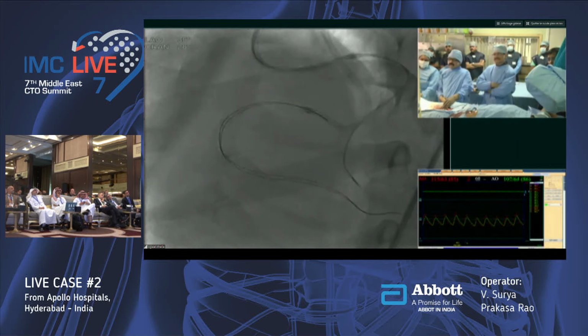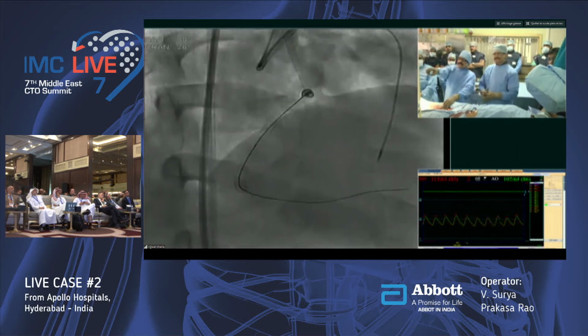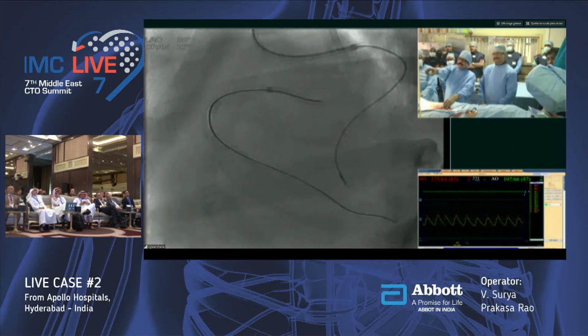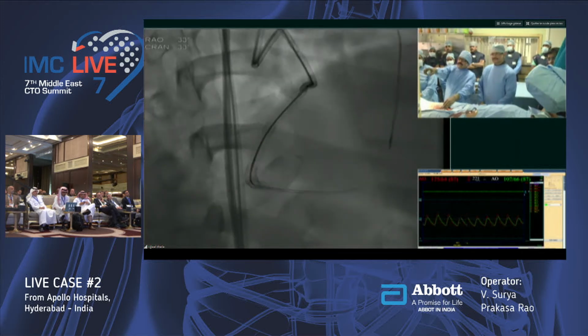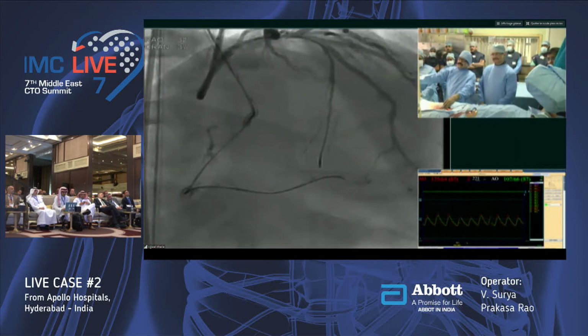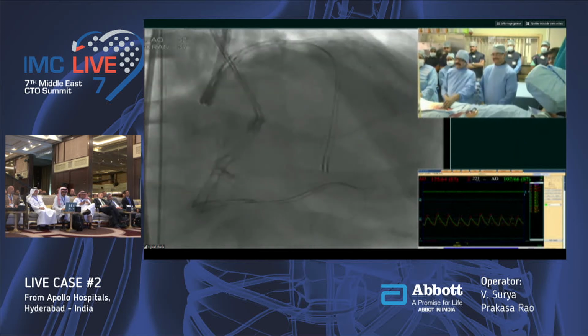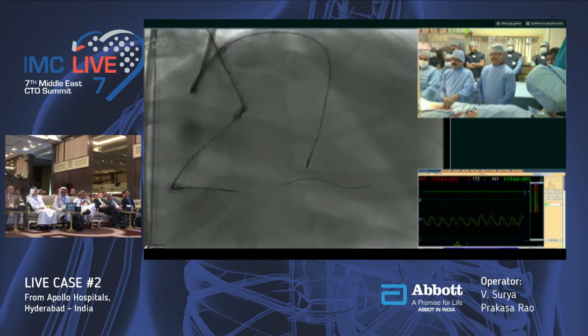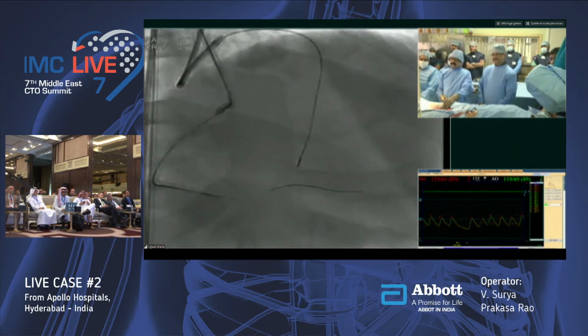You give the Corsair injection. Show the Corsair injection before. Please show the Corsair injection. We are in the true lumen. This shows the true lumen. So once we are sure, we extended the wire to a Cyan wire. I don't want to keep the Gaia 3 at the distal because of the